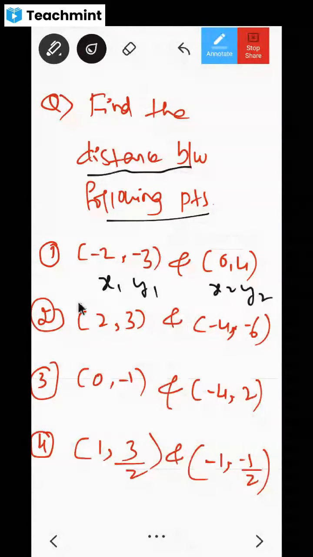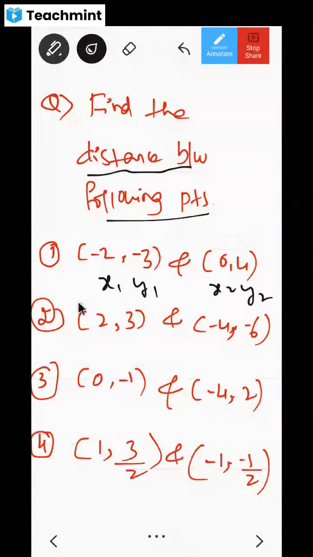Collinear points means, dear children, the points which fall on the same line. For example, I have written one point here, another point here, another point here. Don't you think that these points are going to lie on the same line? Look at this, on this line they are lying, no, all these points? Yes, sir. So these points are on one line. Collinear points means points on the same line. If points are lying on one line, they are called collinear points.